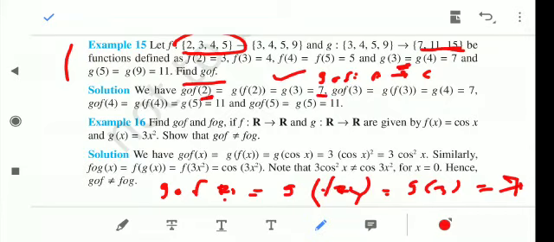In the same way, if I ask what is gof(3), it is g of f(3), and the value of f(3) is 4. So g(4) equals 7. In this way we can find out the image of every element of domain A. So once again,